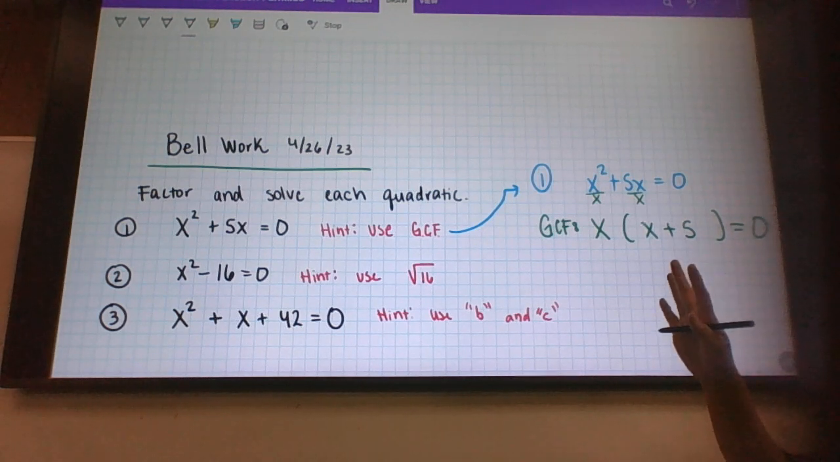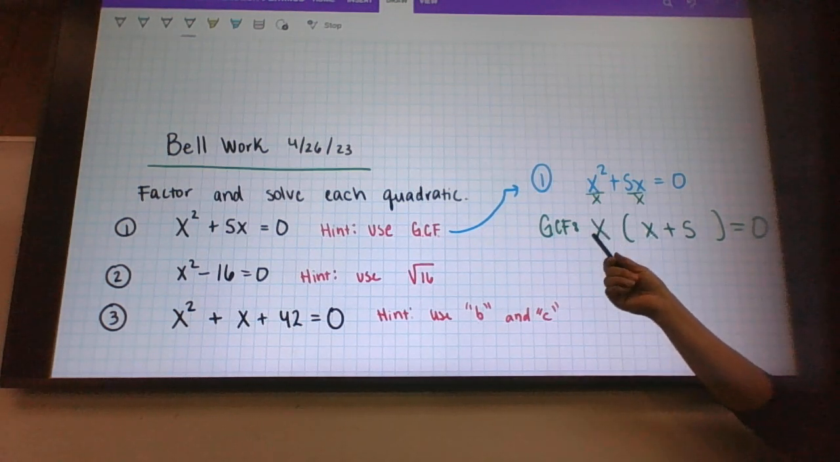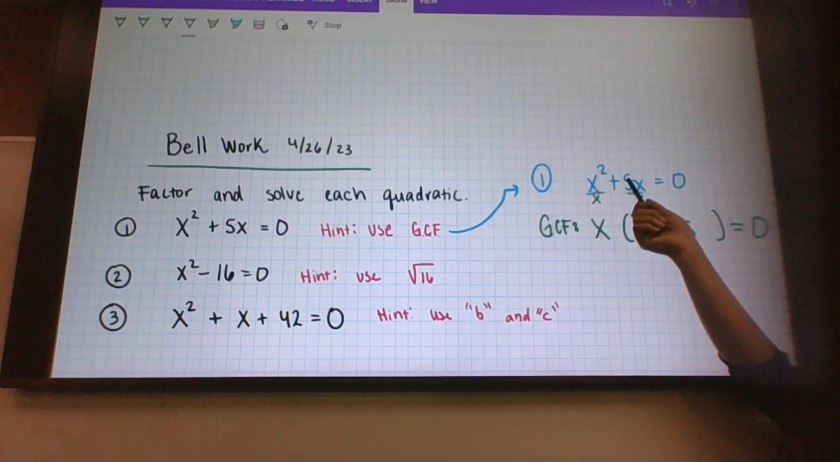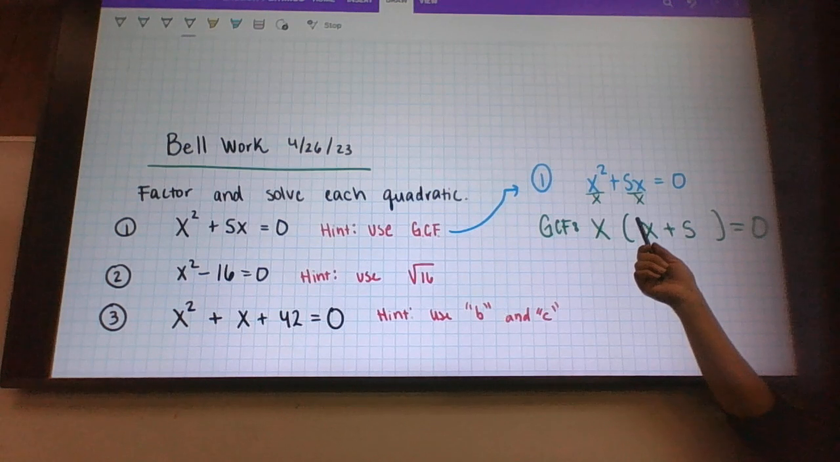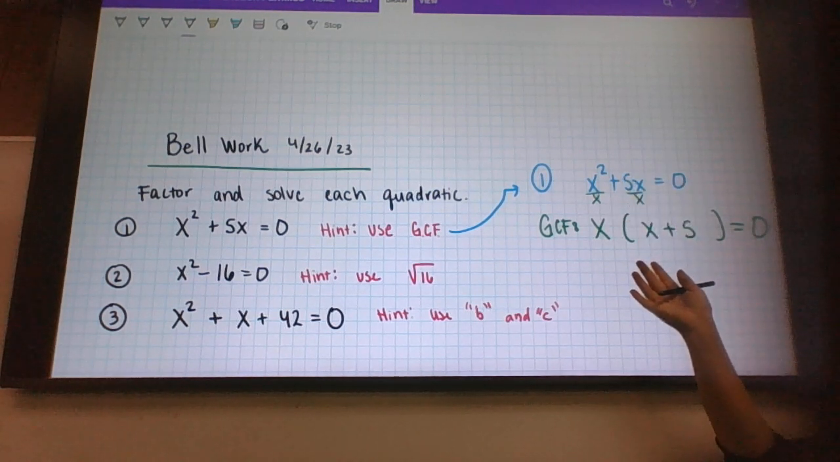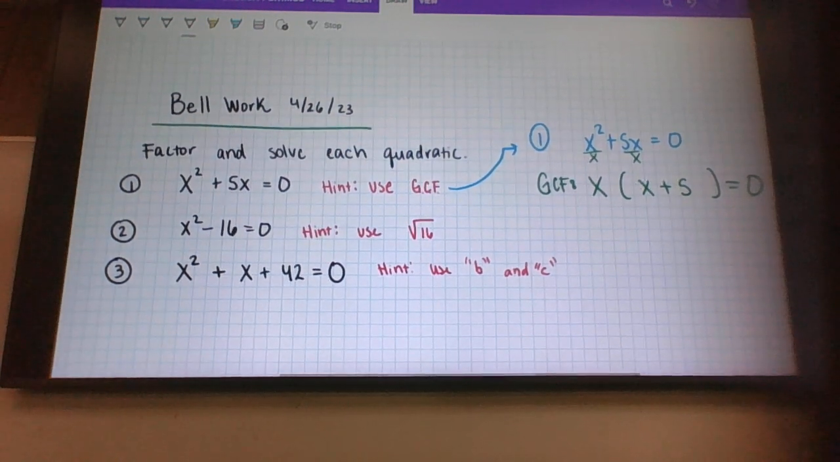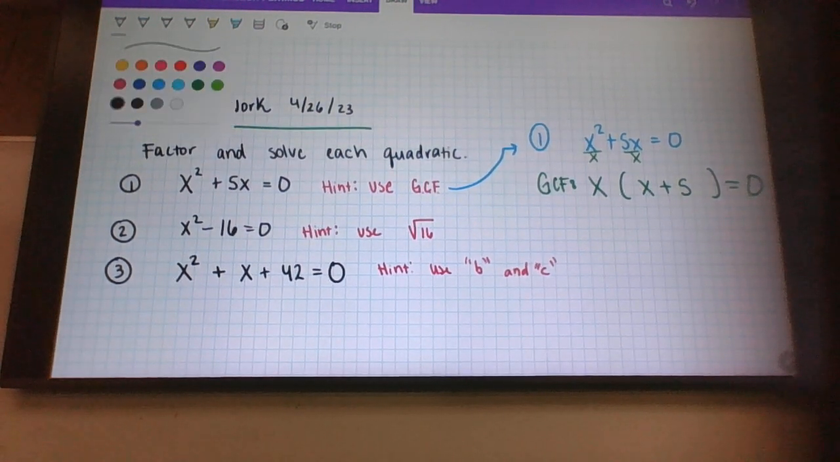Taking me pull one out front. Now the idea is if I distribute, I get exactly what I started with. So I haven't changed the problem, it only appears different. It's the same thing written differently. Now to solve,